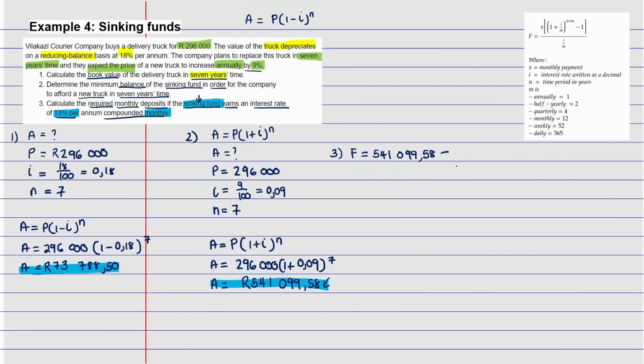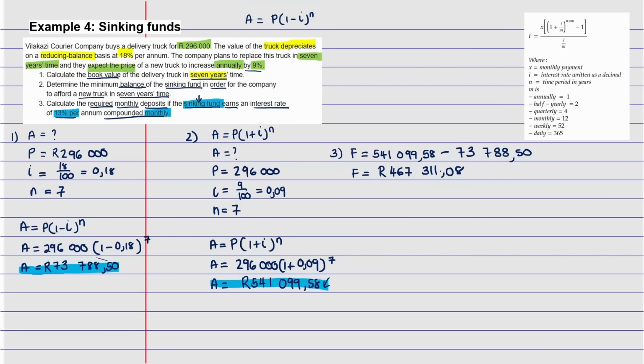Minus that value. Why are we subtracting it? Because we're going to deposit it. Before we create the fund, we're going to take this amount and deposit it first, right? So it's going to be minus 73,788.50. So this is equal to that difference, which is going to give us what? It's going to be equal to 467,